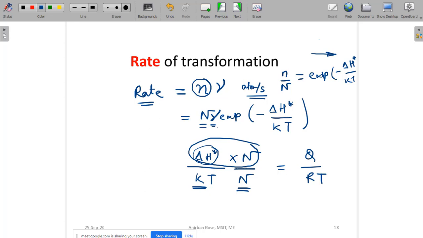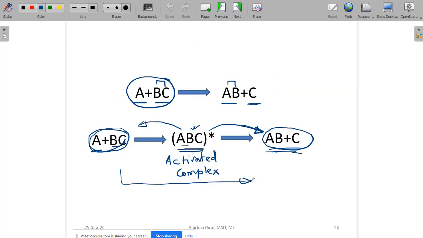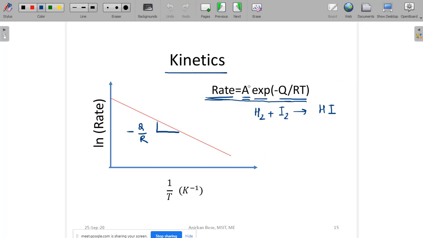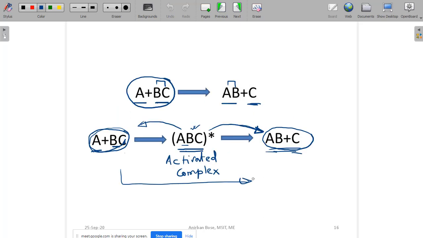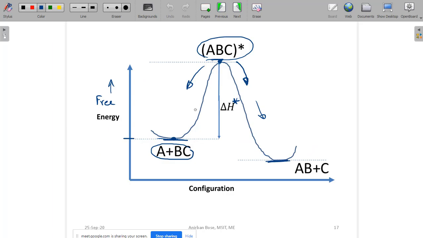So we can see how this rate equation is actually coming. Okay, so this is the fundamental behind any kinetics or any kind of chemical transformation that is taking place, and this is the basic mathematics or the mechanism behind it.